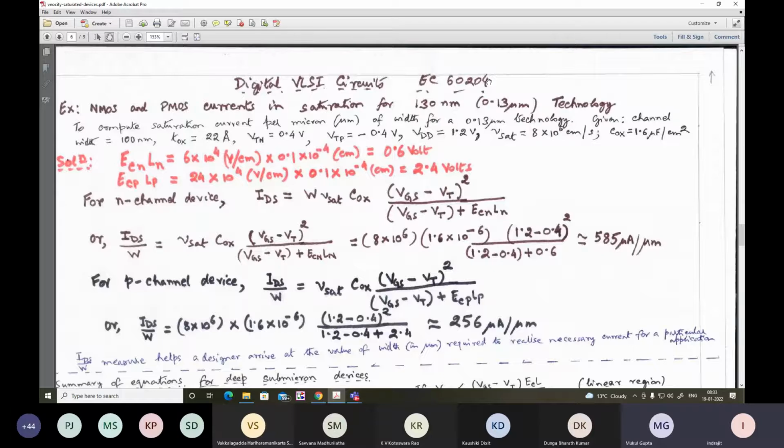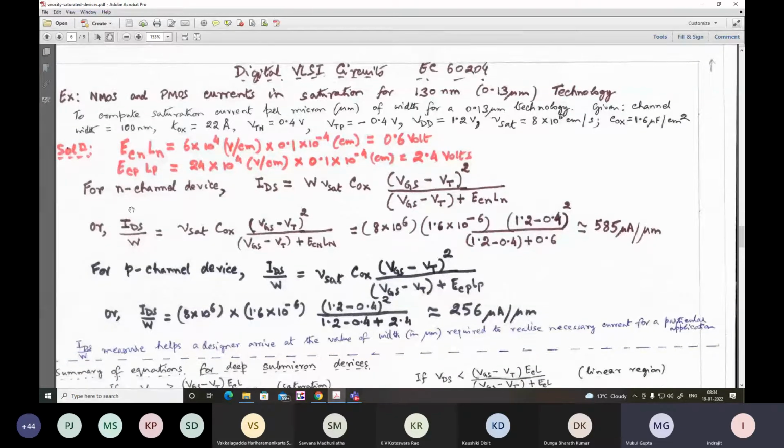There may be a reason: for the sake of photolithography, it should be of this manageable dimension, 100 nanometer rather than 130 nanometer. So for this, what we get, the product of critical field and the channel length happens to be 0.6 volt. Here it is 4 times larger. Of course, if we calculate now the